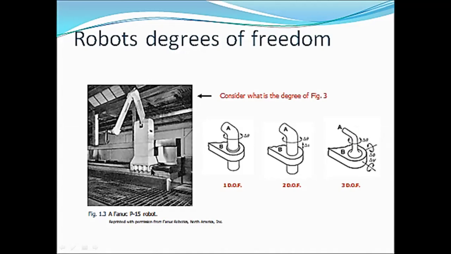So you can observe this figure and try to calculate the degree of freedom. If this body is fixed here, this is a single degree of freedom. It means it can rotate about this axis. At this point, you will find the relative motion between this link and this link, so that you can find another degree of freedom. And here you can observe a single degree of freedom. So therefore, it's a 3 degree of freedom mechanism or robot. If, considering the wrist movement, you increase the flexibility, we can further increase the degrees of freedom, but up to this mechanism, it has only 3 degrees of freedom.